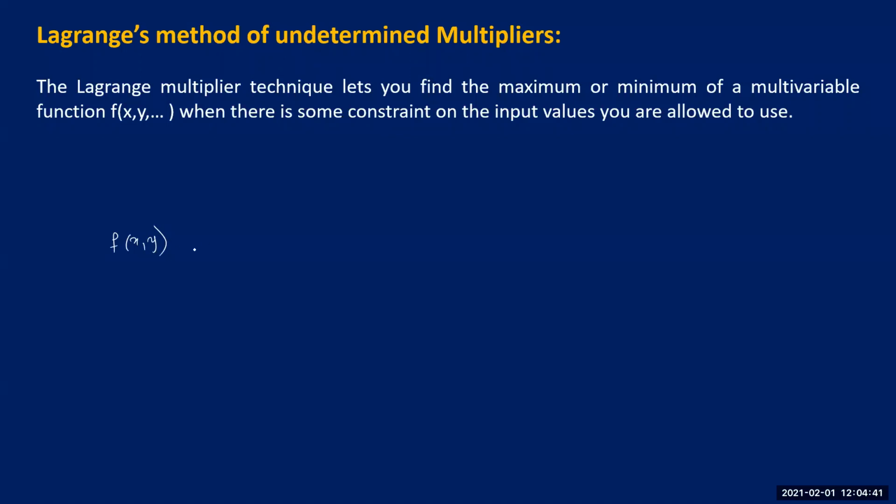we first find the stationary points by differentiating this function of two variables, once with respect to x and then with respect to the other independent variable y. And then we equate these two derivatives to zero, correct? By solving these two equations, whatever pairs of values you get, we call all those pairs together the stationary points.